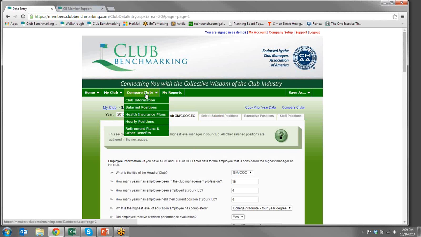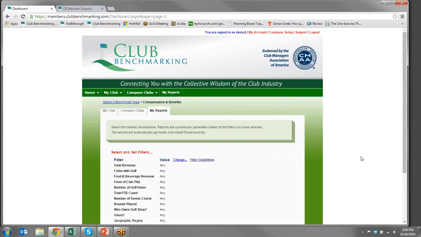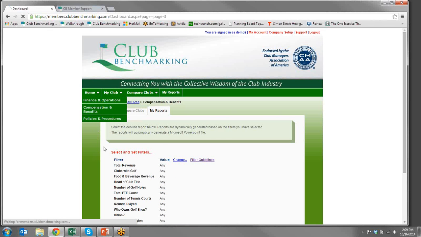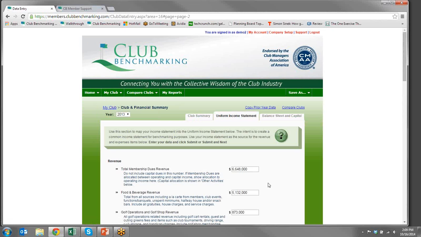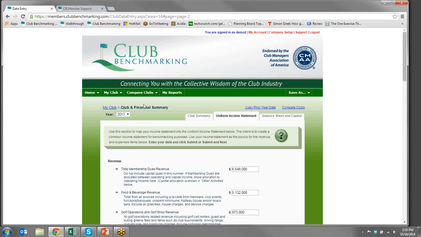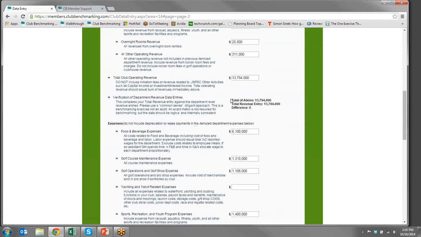I would like to now go to the reports. I'm going to run the executive report, that is. Before I do, I'm going to set a revenue range. And by the way, the example here is of a large club. It has almost $14 million in revenue. Right now, I'm in the finance and operations section. Under the uniform income statement, in My Club is the data entry, because I wanted to illustrate the basis that I'm going to use for the filters. So for the total club revenue at 13.8,